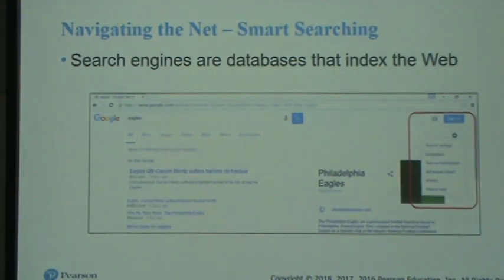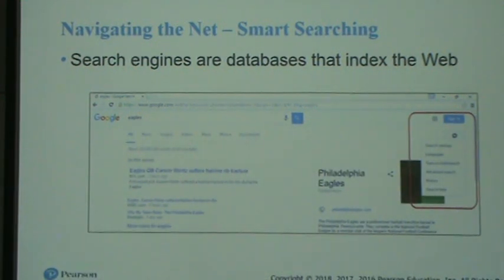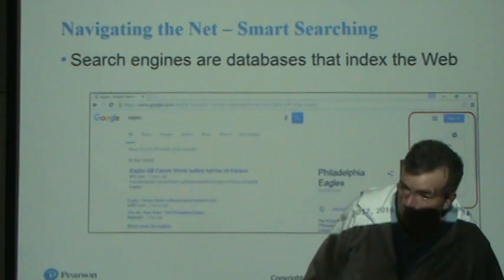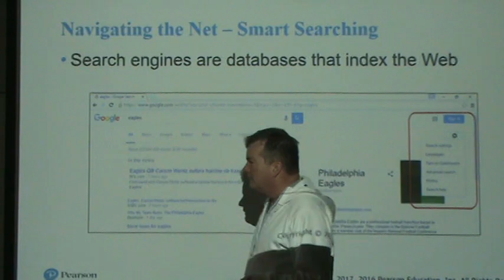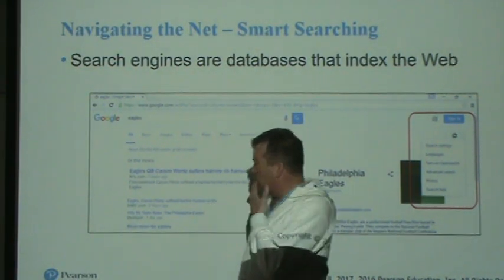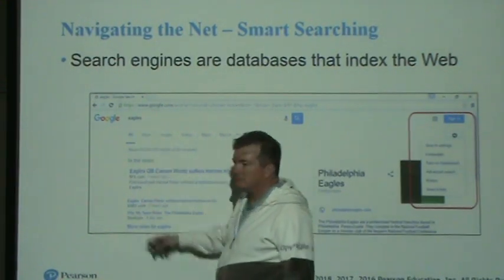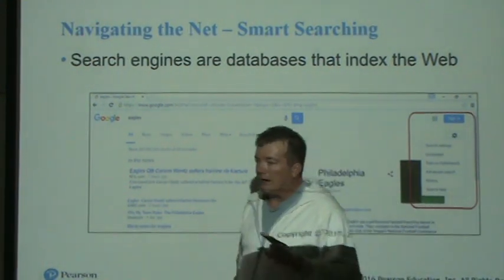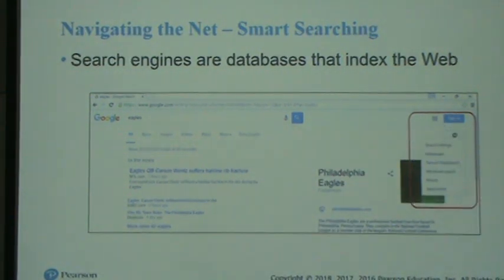Okay. All right. So, smart searching. For example, you could go to Google, and that's probably the most popular search engine in the world. Bing is a Microsoft search engine. Who else has a search engine? Yahoo has a search engine. So what you could do is you can type in a phrase like Eagles. I want to do a search on Eagles. So are you talking about the rock band, the Eagles, the football team, the Eagles? Are you talking about the actual bird, the eagles?